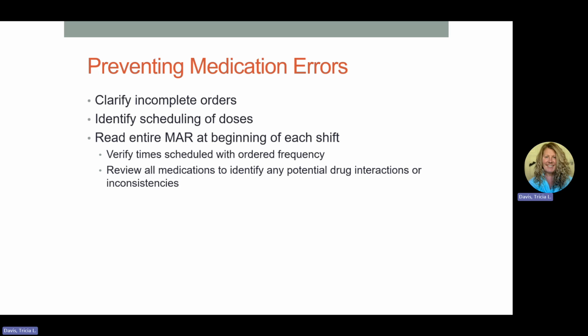So we give heparin typically every 8 hours in the hospital. However, even though it's ordered every 8 hours, it doesn't mean that it was given every 8 hours, because sometimes medications are given late in the hospital. So when we see that a medication is ordered at multiple intervals during the day, it is our job to go back and see when it was previously given to make sure that we're still in that required window, okay? We have to make sure that we read over our MAR at the beginning of each shift